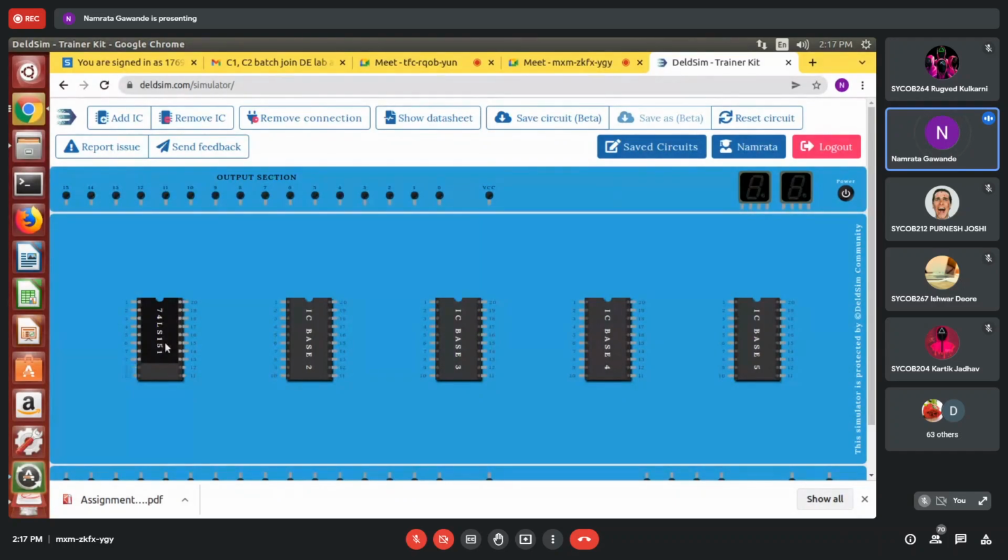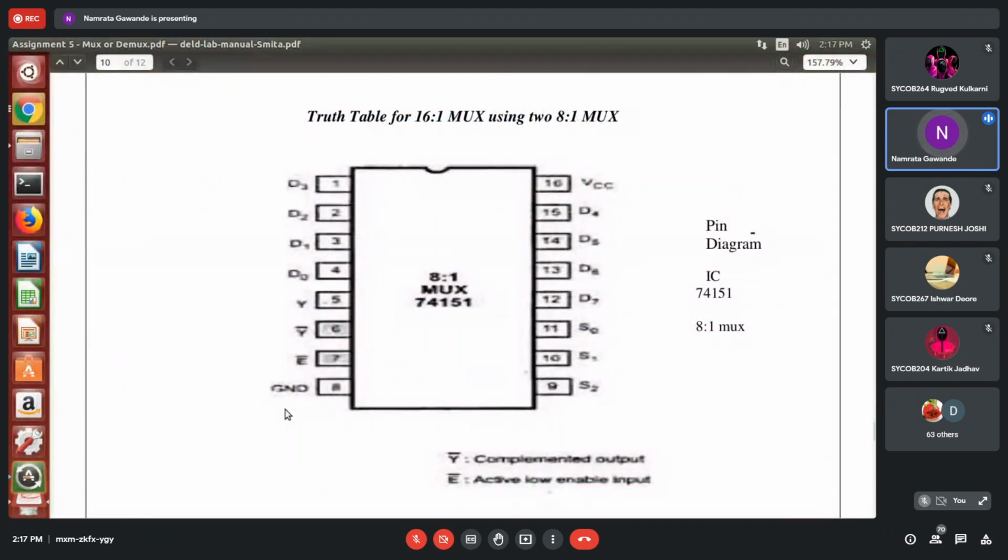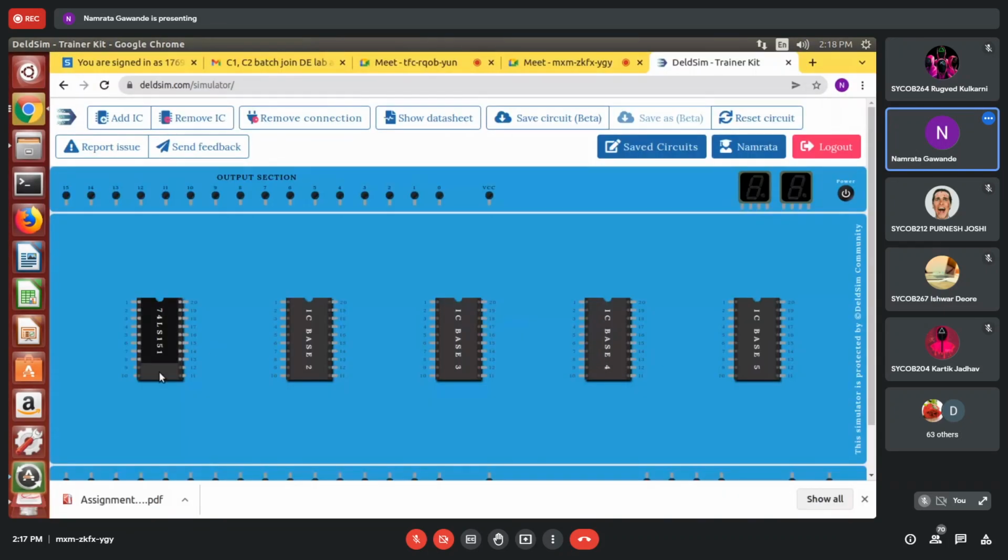So now from the pin diagram, first make a connection of ground, VCC and enable. Always make the connection of ground and VCC first, and in a multiplexer also first provide the connection of enable. So pin number 8 to ground.